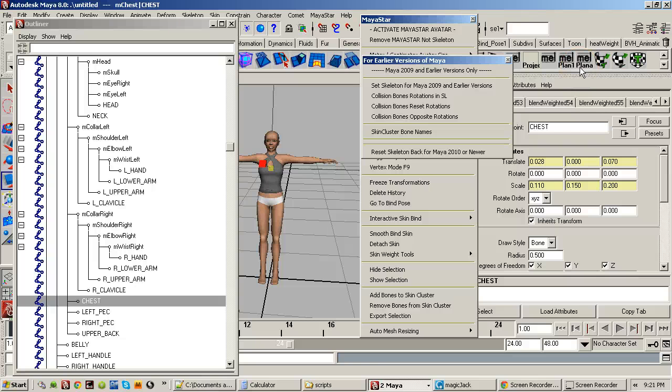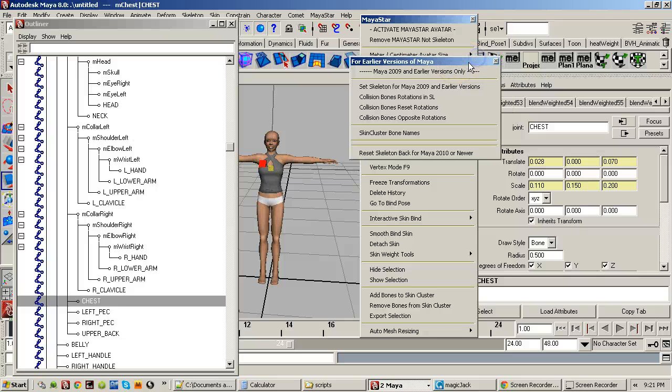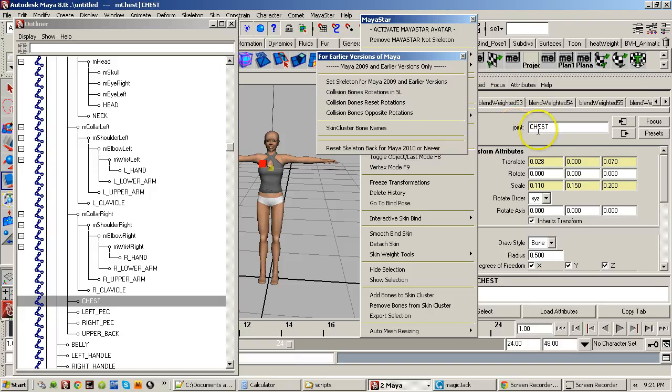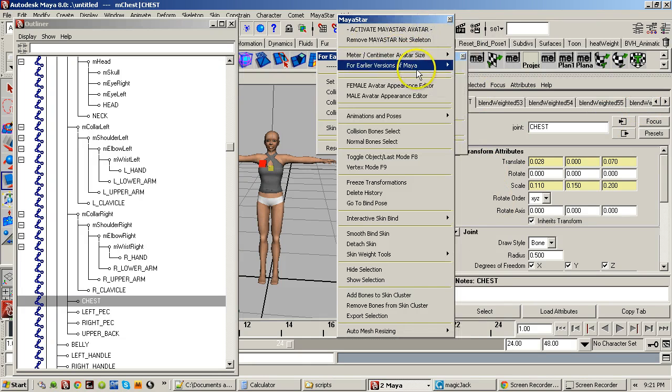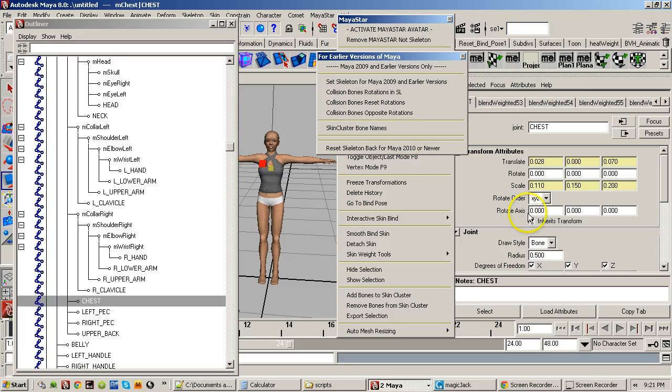The collision bones in Second Life have a rotation on them, and I tried setting those same rotations to the skeleton, and it didn't work. And it was actually one of my probably top rated testers, the one that spent the most number of hours, Mark Threre, he figured this out. Let me move this over here a little bit. He figured out that if we